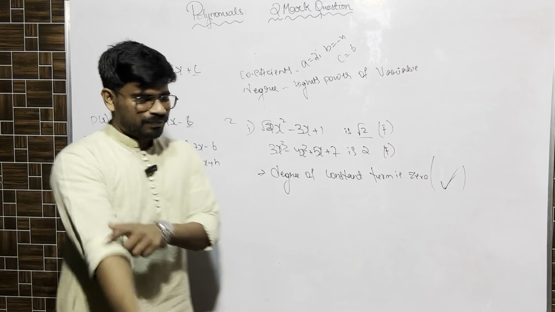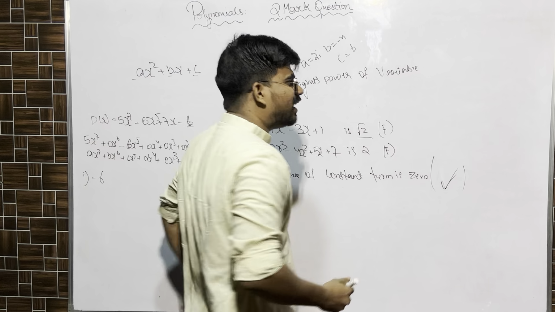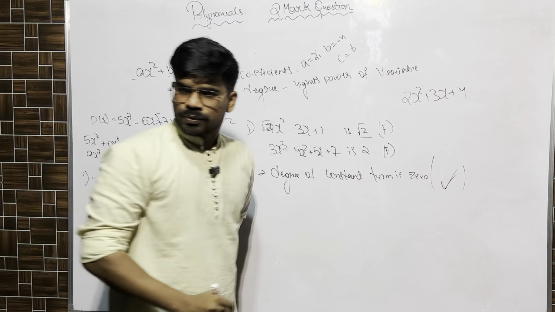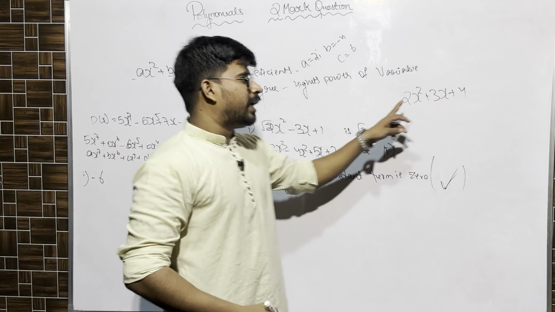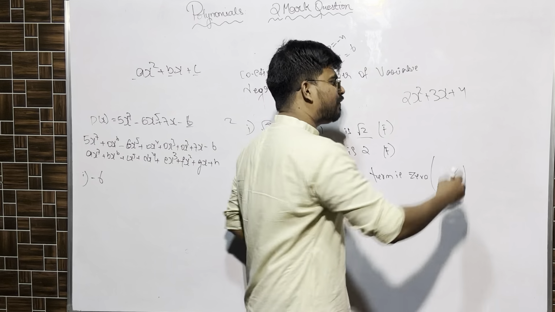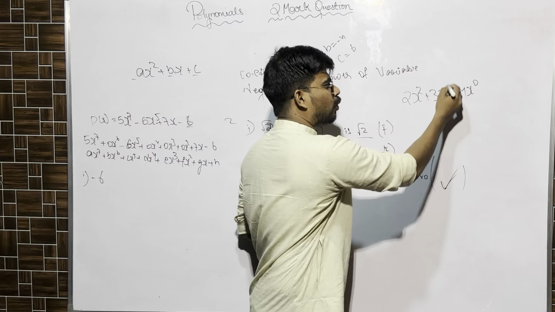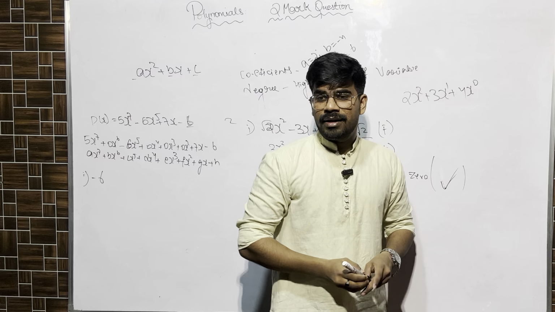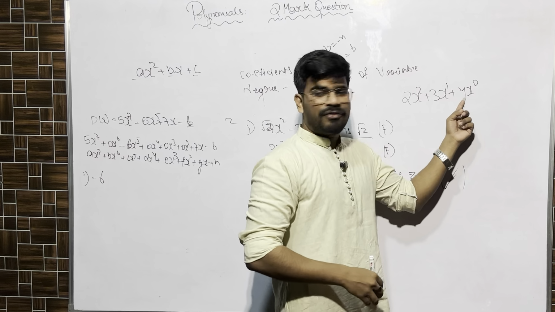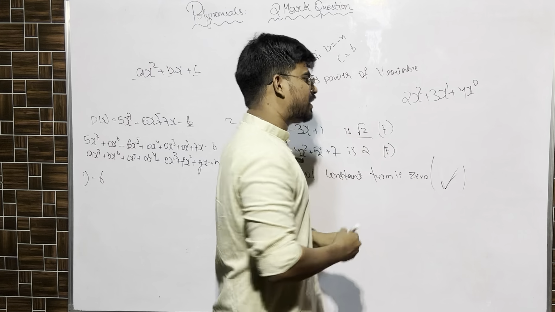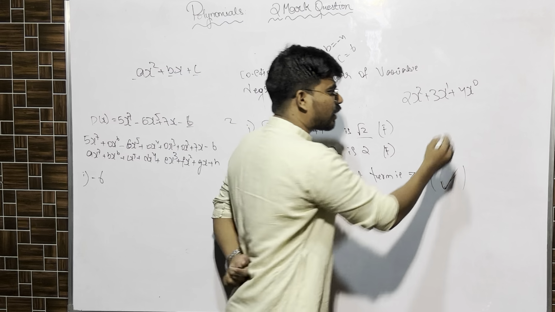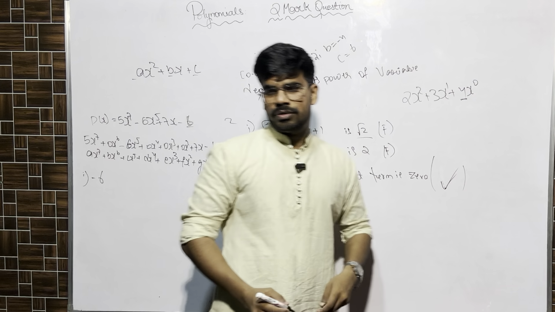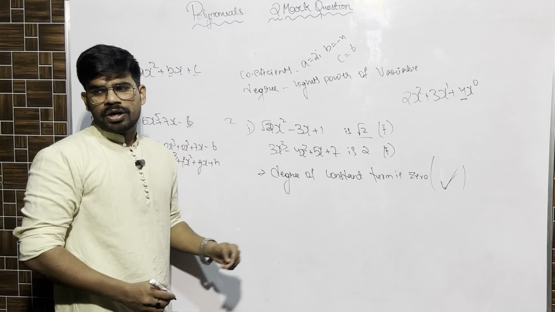I'll explain to you how. See here. For example, I have a quadratic polynomial here, 2x square plus 3x plus 4. Here x square, here x. Here if nothing is there, it means x power 0 is there. Now look at the powers. Square, power 1, power 0. X power 0. Anything power 0 is nothing but 1. 4 into 1 is 4 only. Like that, for example, if I have the degree of the constant term, what is the constant term here? 4. Its degree? 0. So that's why that is true. Constant term's degree is 0.